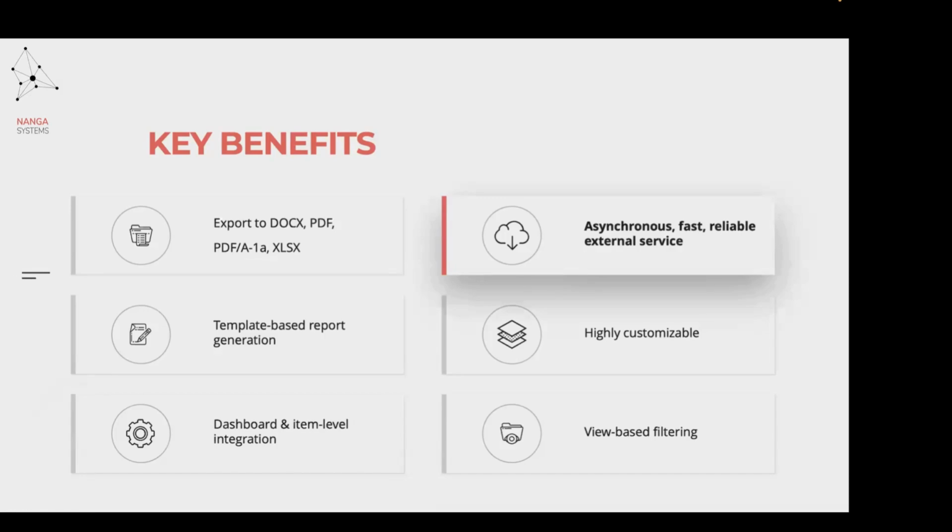I already mentioned that this is an external service, so we are not using any Codebeamer resources to create the reports, to generate the reports. The solution is a containerized application. All you need is Docker to bring it online. And after, basically, you just have to configure in Codebeamer